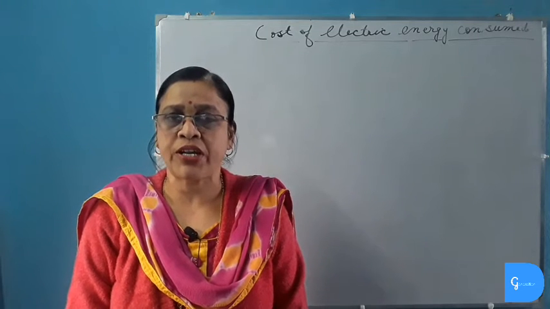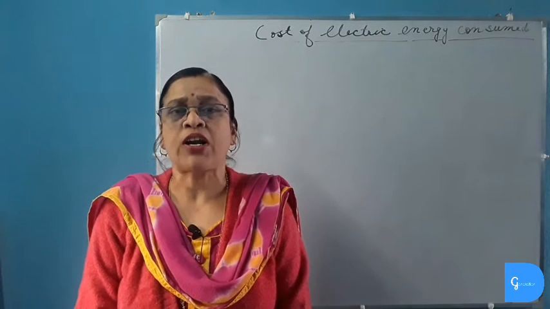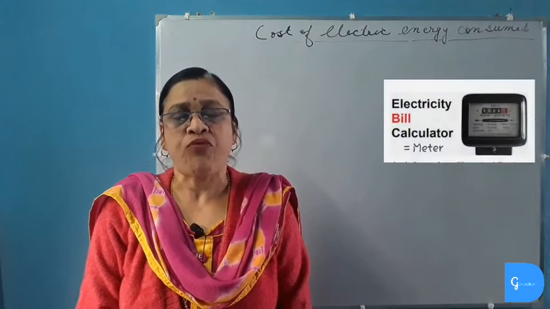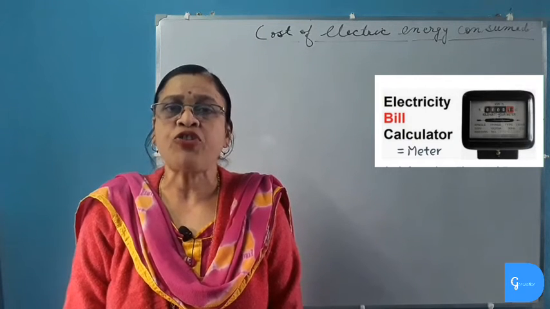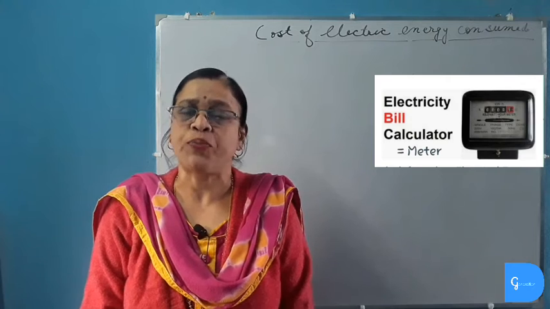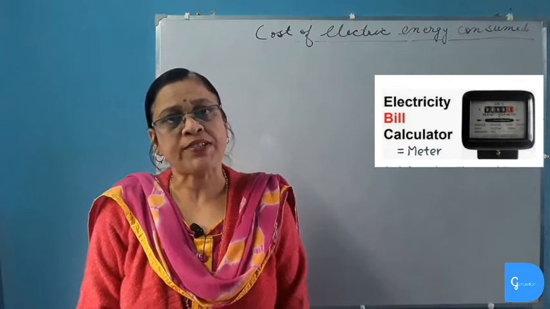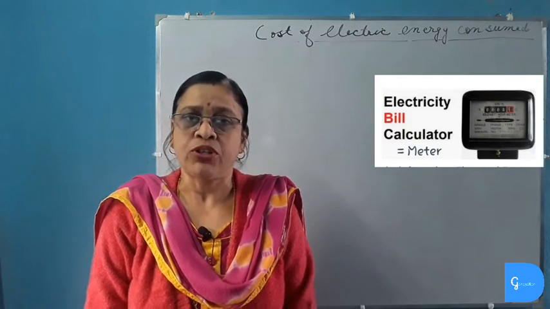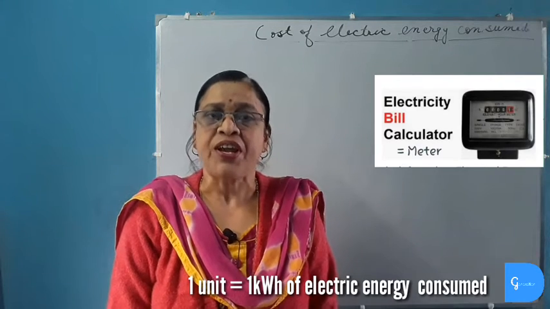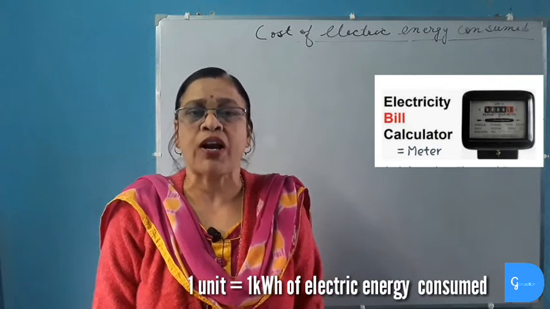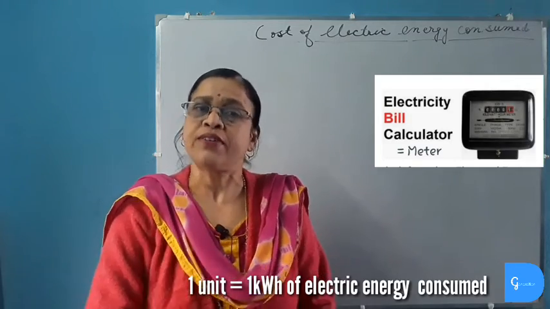Today we are going to study about the cost of electricity consumed at home. Kilowatt hour is the unit of electricity for which we pay the bill to the electric supply department. 1 unit of electricity may cost from rupees 3 to rupees 6, which may vary from place to place and from time to time. By saying that 1 unit of electricity costs rupees 3, we mean that 1 kilowatt hour of electricity consumed at home costs rupees 3.